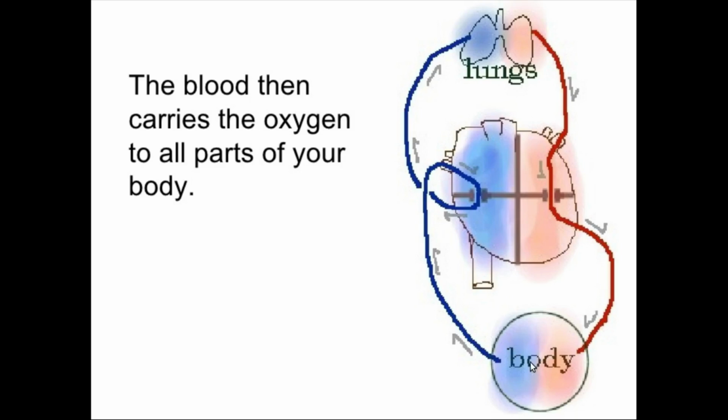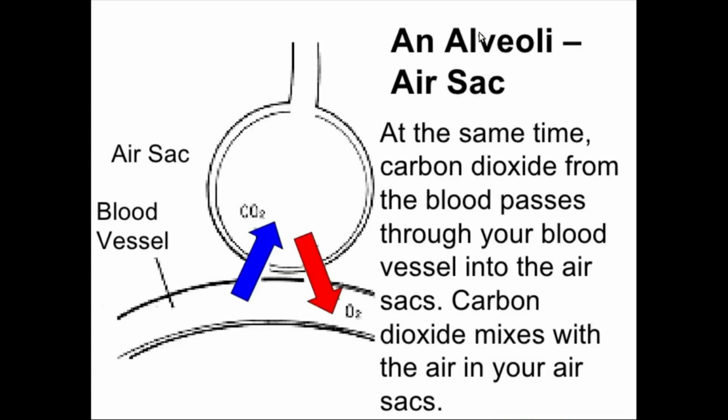Carbon dioxide is taken by blood vessels from the body towards the heart. Then the heart pumps this deoxygenated blood, or carbon dioxide-rich blood, towards the lungs. When it reaches the lungs, carbon dioxide from the blood vessels diffuses towards the alveoli. Then along with the exhaled air, it is eliminated from our body.